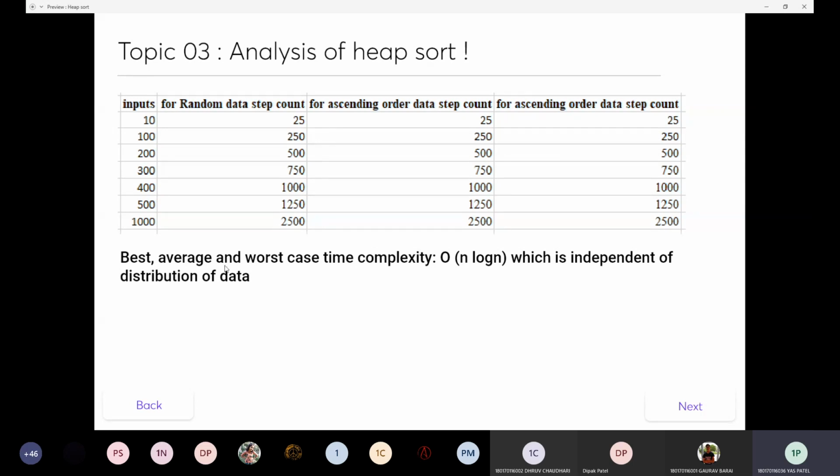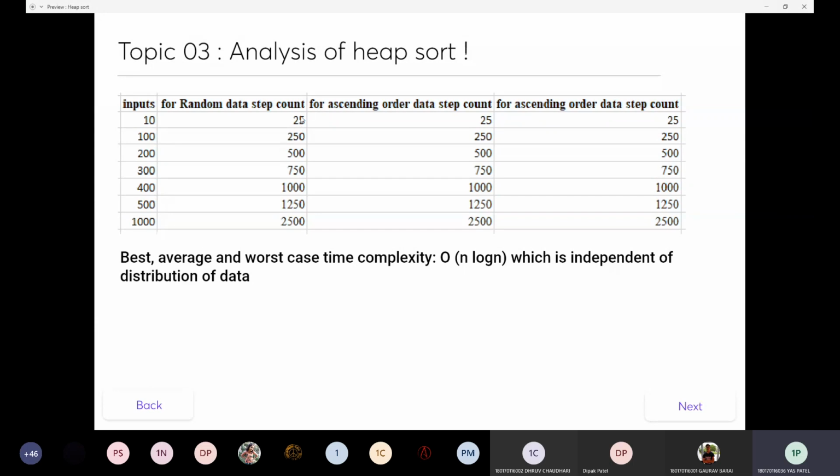So the conclusion is that for the best case, average case, or worst case, the time complexity is big O of n log n. So how is it n log n? Because in the tree we have seen that the height of the tree is log n and the number of elements is n. Just for a rough count, if we take n equal to 10, what is n log n? 10 into log 10 is nearly 23.